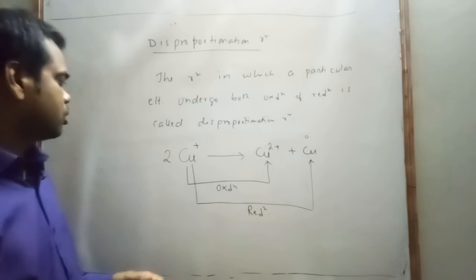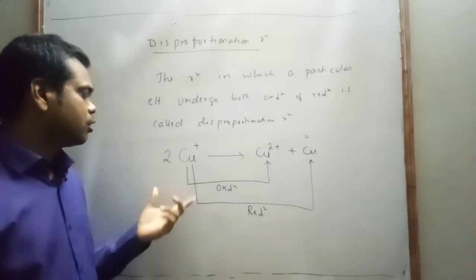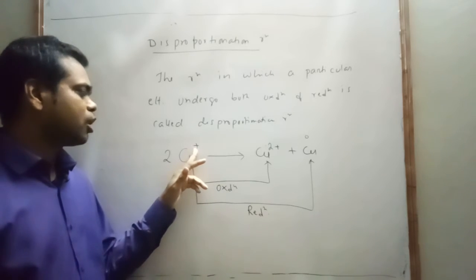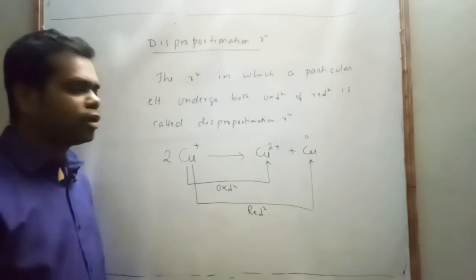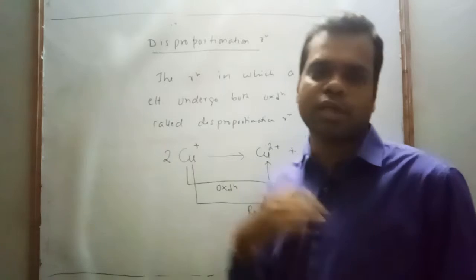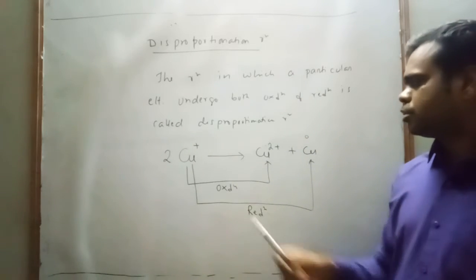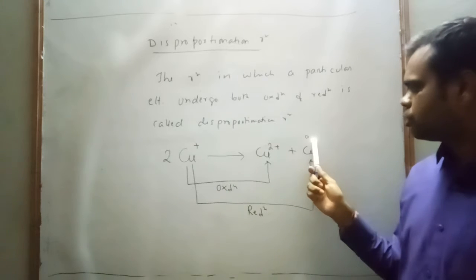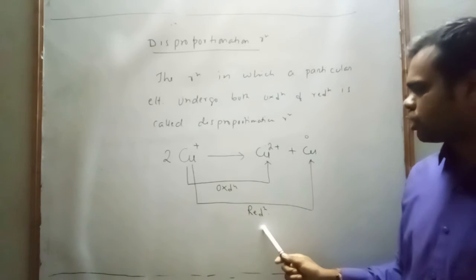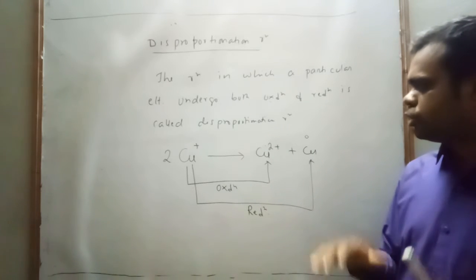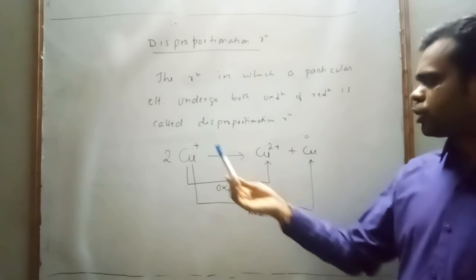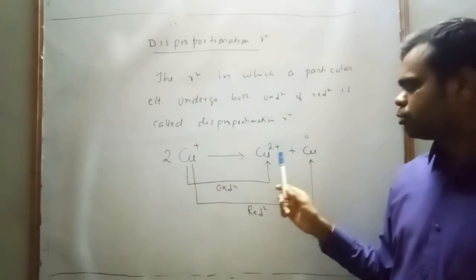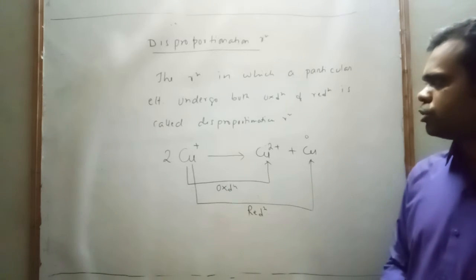In this case, a particular element, now what does oxidation mean? If I take this, it is +1 to +2. In the number line, if anything goes to the right side, this is oxidation, and from +1 to 0 the number line goes to the left side, this is your reduction. Reduction means reduced. So from +1 to 0 it is reduced, this is the reduction, and from +1 to +2 it is increased, this is your oxidation.